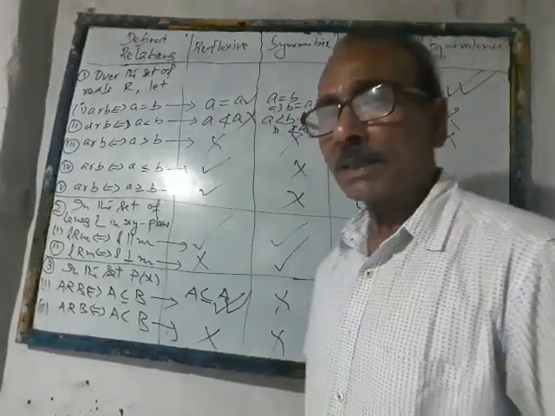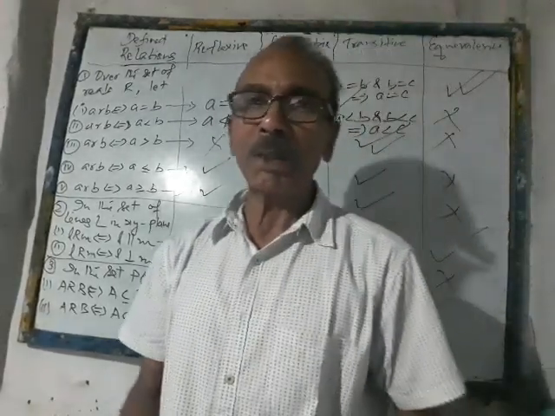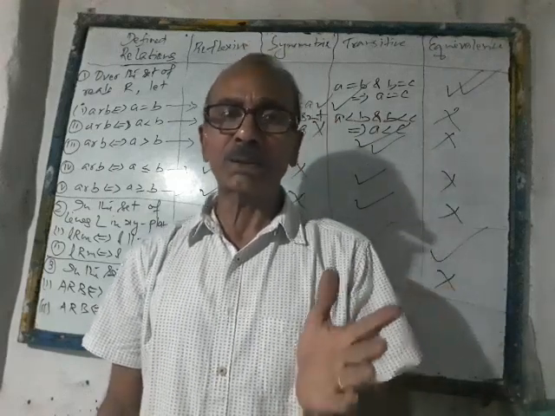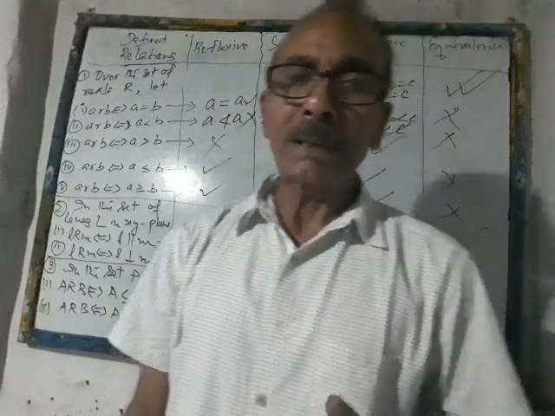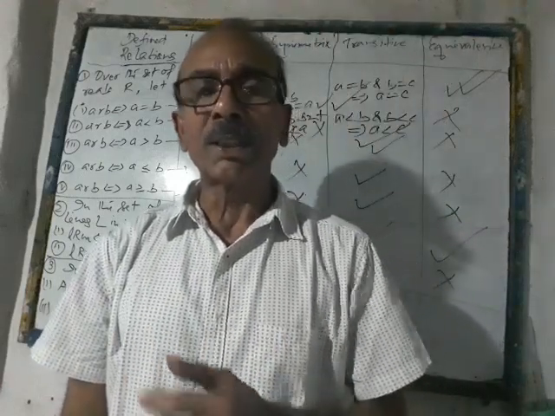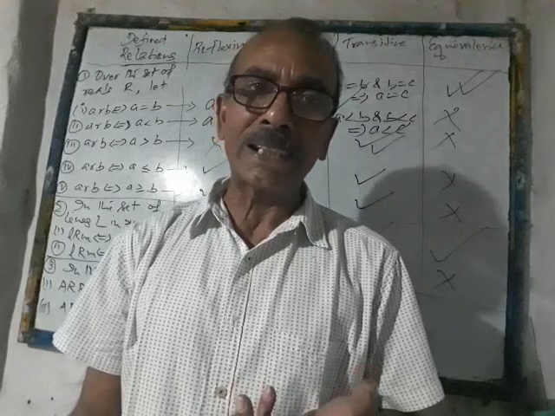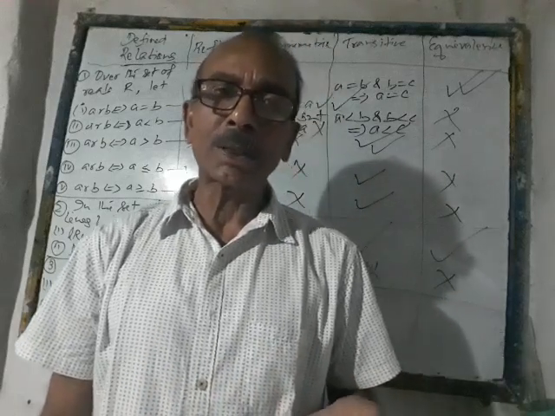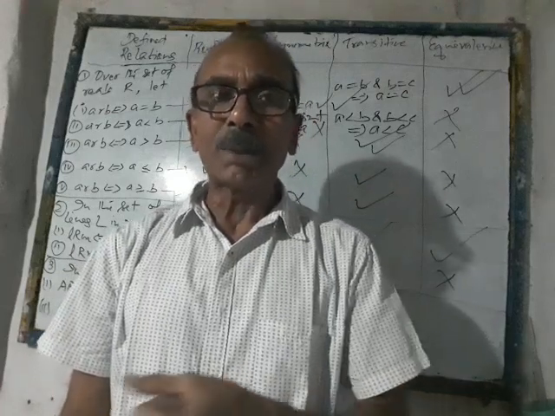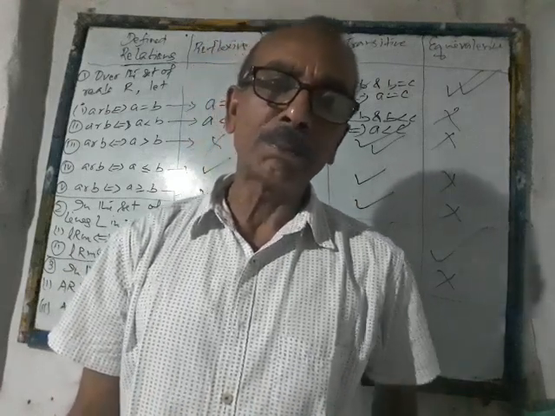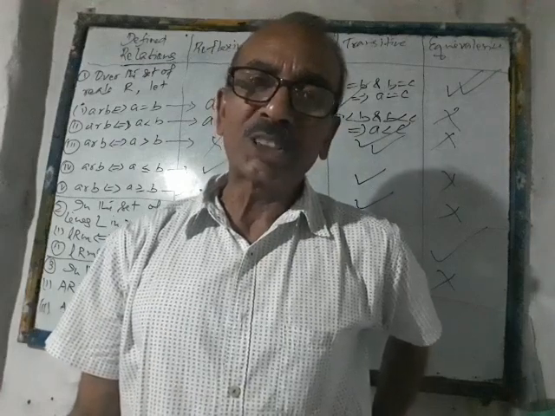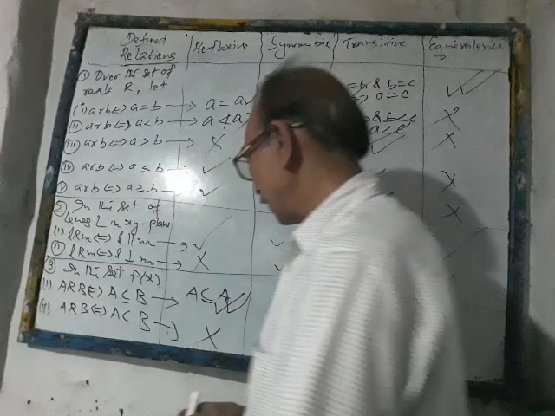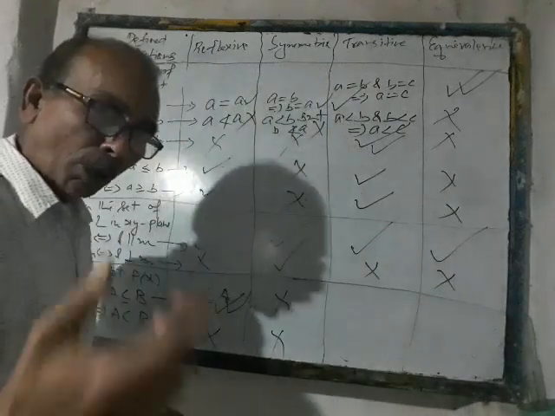We know that if A is a subset of B, then B may or may not be a subset of A. For example, if A contains two elements 1, 2 and B contains three elements 1, 2, 3, naturally whatever elements are in A are lying in B. Therefore, by the definition of subset, A is a subset of B. But in return, we can't say that B is a subset of A, because the element 3 lies in B which is not in A. So in that case, we say that A is a proper subset of B.